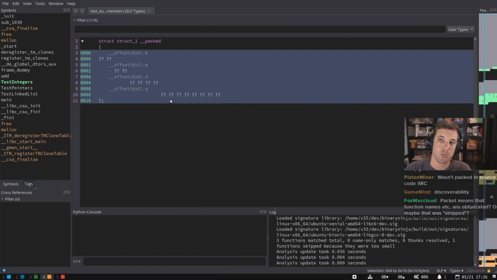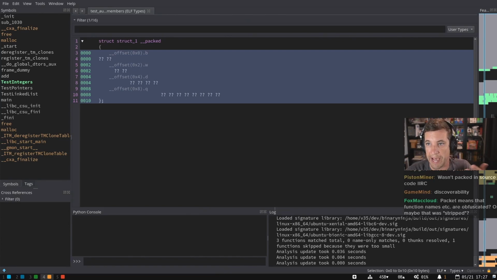Fox, when a structure is packed, it means that instead of padding out the widths of the members to whatever a standard size is, it will let them be shorter than 32 bits or 64 bits. So packed means you can have a couple of 8-bit members and then a 16-bit member, instead of taking the full 64-bit width for each one. I'm actually bad with C and C++, so somebody else in chat might have a better explanation. But that's my understanding, that you can pack them in closer instead of padding.